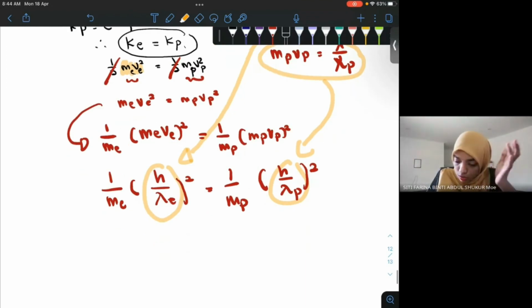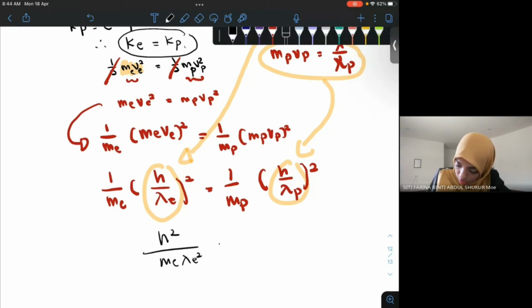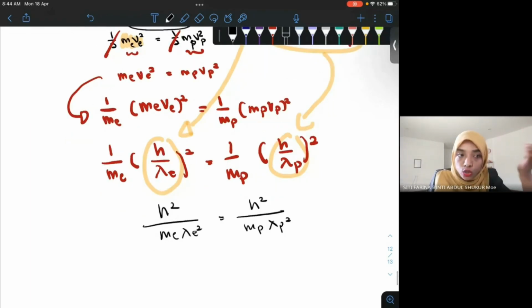Okay, so next apa yang kamu boleh buat adalah kamu nak kembangkan dulu boleh h square me lambda e square sama dengan h square mp lambda p square, and then sebab kita nak ratio of the lambda to the mass